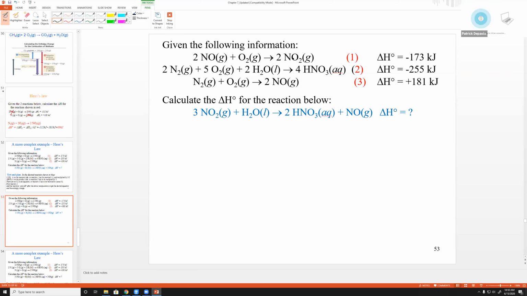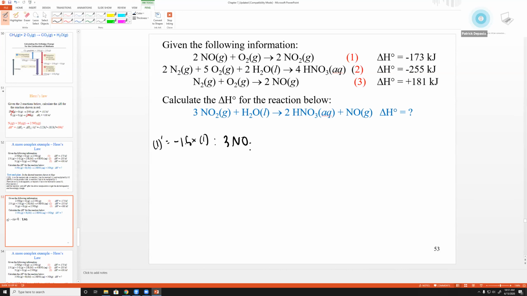So we're going to multiply the equation. So 1 prime is going to equal negative 1.5 times 1. And the reason why we're multiplying it by negative 1.5 is because we have to flip it, and we need to multiply it by 1.5 to get this 2 to equal a 3. So our equation is going to be 3